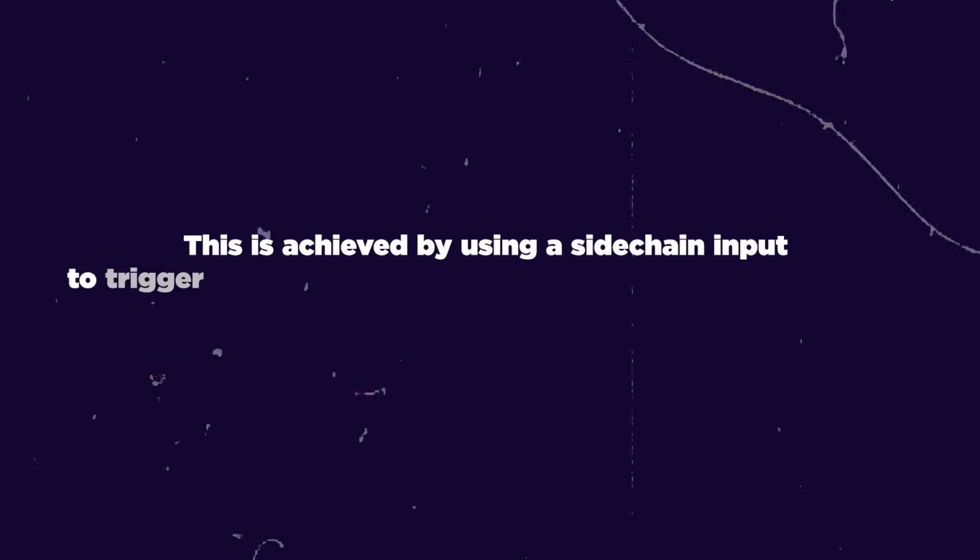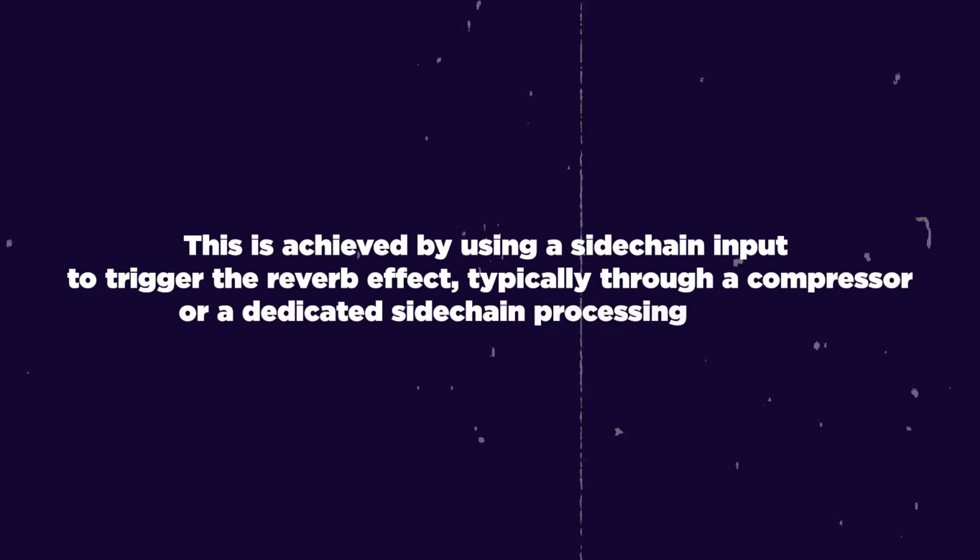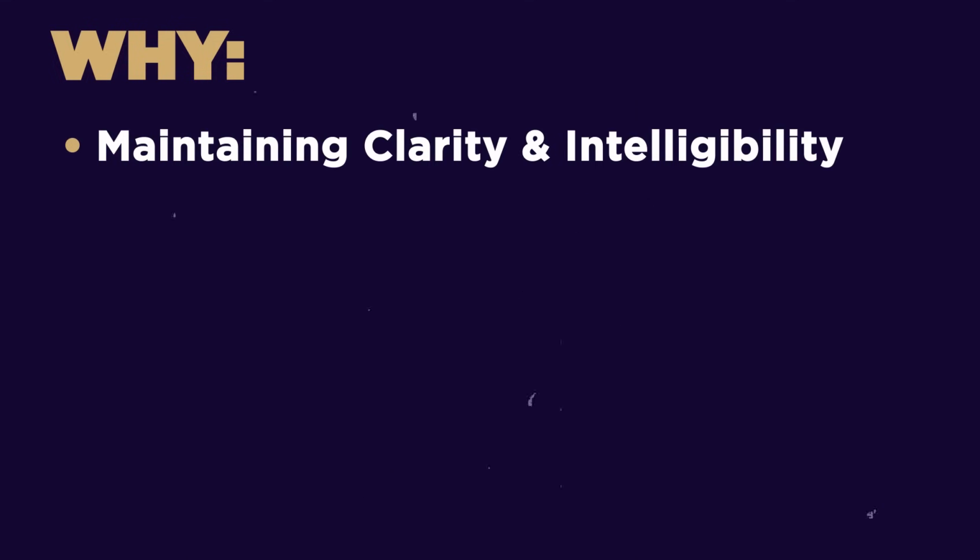This is achieved by using a sidechain input to trigger the reverb effect, typically through a compressor or a dedicated sidechain processing plugin. So there's a number of reasons why we do this. The first reason is maintaining clarity and intelligibility. By sidechaining the vocal reverb to the vocal track, you ensure that the reverb effect doesn't compete with the main vocal for attention in the mix. During moments where the vocal is more prominent, the reverb level is automatically reduced, preserving the clarity and intelligibility of